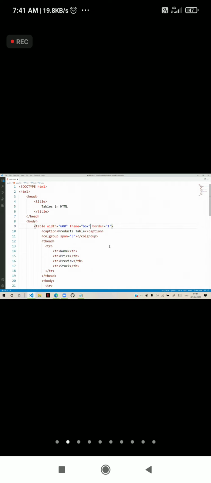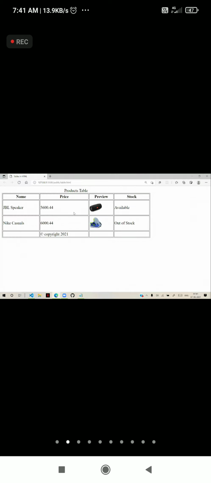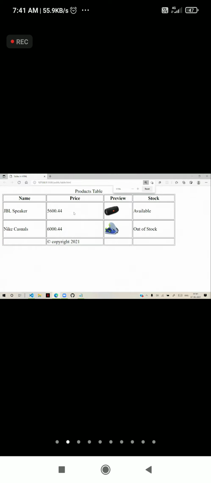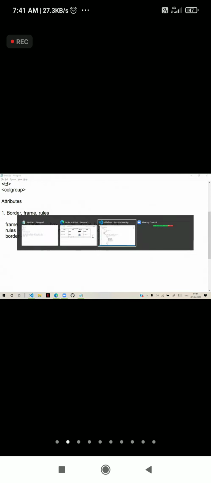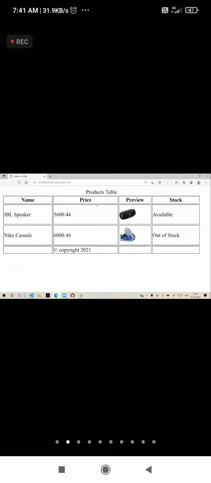And remember, border is coming now. Border is coming. So you may think like border is for entire table. Actually, it's not. What we will do is we will remove the frame as void. You can observe that border is only for cell. You can see border is only for cell. Every cell has a border.